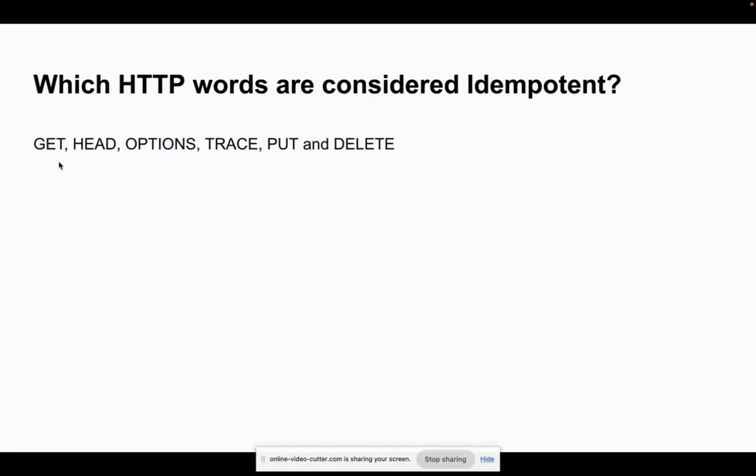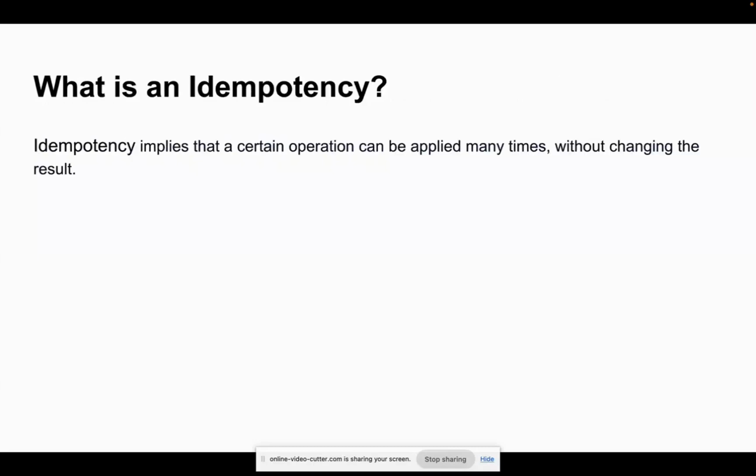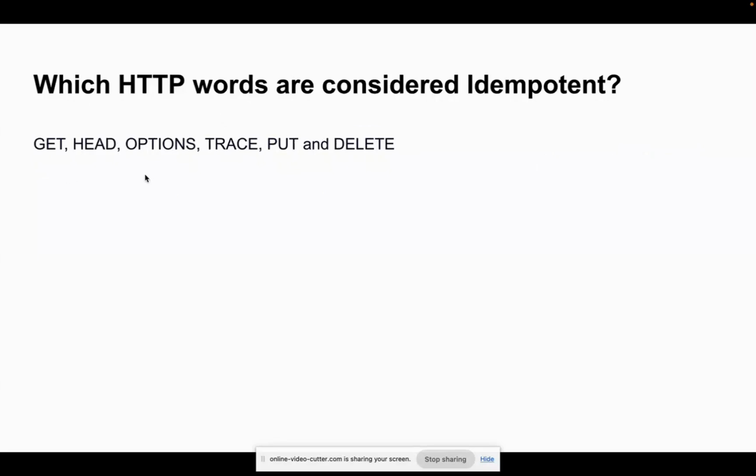For example, you make a request, you call the GET method based on customer ID 1. No matter how many times you perform the GET method, you always get the same customer, right? Because you keep asking, I want to get the customer 1 information. That's why we call GET idempotent, because the definition is without changing the result. So you always get the same result. Now, PUT also gets the same result. The DELETE